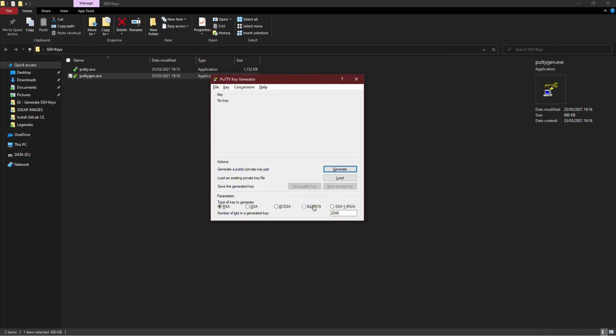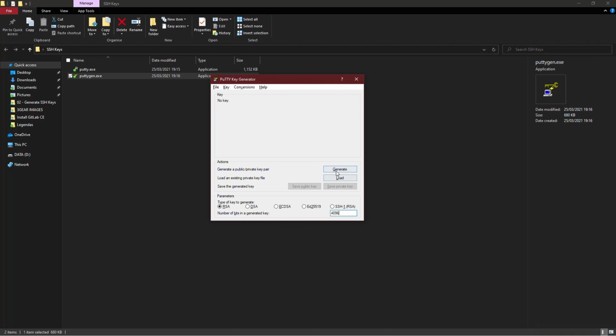In the generated key field, we have the default option, 2048. Okay, we can choose 4096 because increasing the bits makes it harder to crack the key by brute force methods. So it's much better.